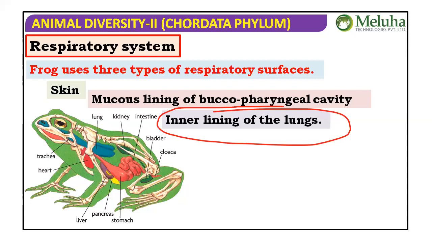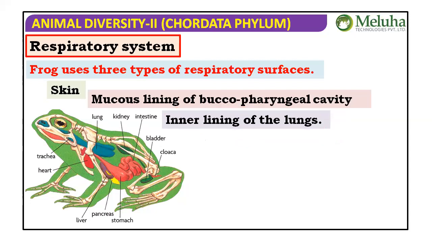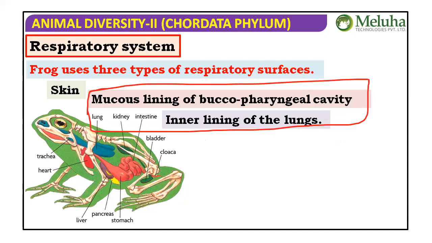In the case of the frog, it is not much developed. Air comes into the buccopharyngeal cavity, then should go to the lungs, and from the lungs back to the buccopharyngeal cavity and come out. This is not a mechanism that is helpful for getting more oxygen and more air with oxygen; that cannot be possible. We can say it is not a dependable type of respiration. In the meantime, air is there in the buccopharyngeal cavity also, isn't it? That's why they are able to exchange gas, and after that they send air to the lungs. Whatever it may be, this is not a much developed feature.